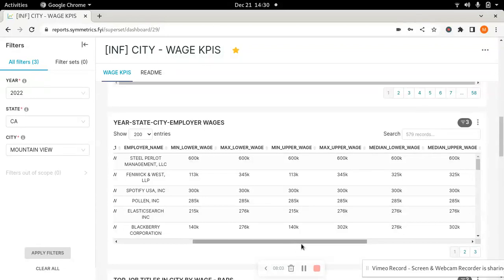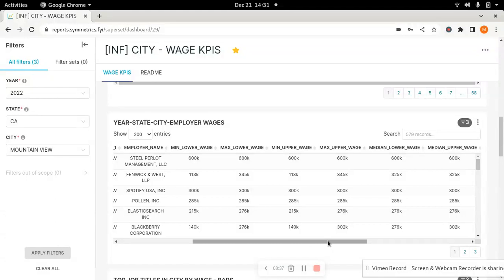The reason it is presented as a range is because employers report it as a range, and if it is presented as a point data, then we split it into a range, which would generally be, if x is the point data, then x to x, which means both ends are the same for the range, is reported out. That way, we are able to compare apples to apples and not apples to oranges, right? So, anyways, this table gives you all of the values in terms of mean, median, mode, and so on and so forth.